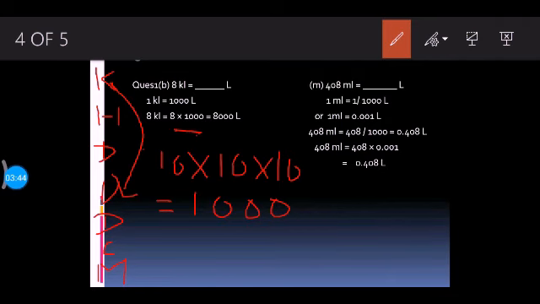In the next part, you have to convert milliliter into liters. 408 milliliters into liters, right? So milliliter is here, and from here you have to move here, right? So you have to move in upward direction, and you have to move 3 times in upward direction. So either you can divide by 10 3 times, or you can directly divide by 1000. Okay, because all of you know 1 upon 10 into 1 upon 10 into 1 upon 10